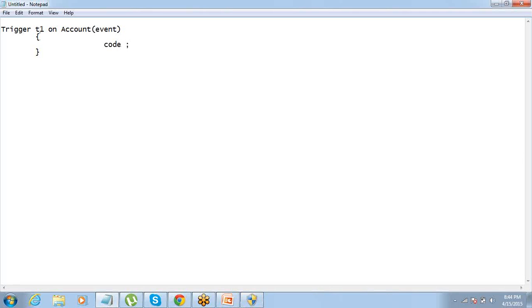So this is how a trigger is written. This is a keyword. You give the name of the trigger, any name, as we have been doing for Visualforce and classes. A trigger also needs to have a name. On which object you're creating the trigger, you will have to write the name of that object. You will have to define the event, on which event you want the code to get executed, and what code should get executed should be written here. That's it. Very, very simple syntax.